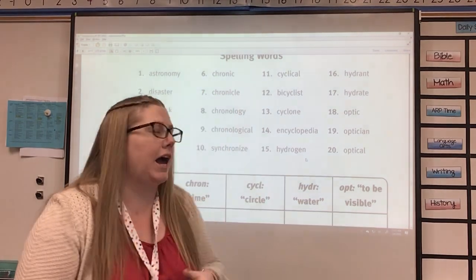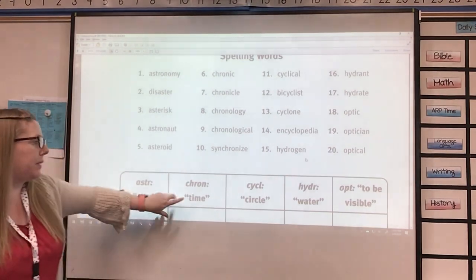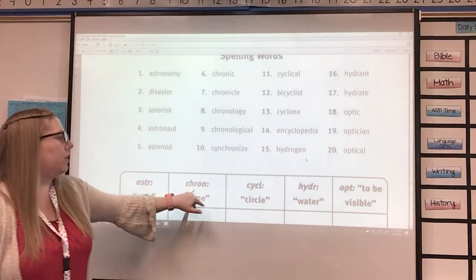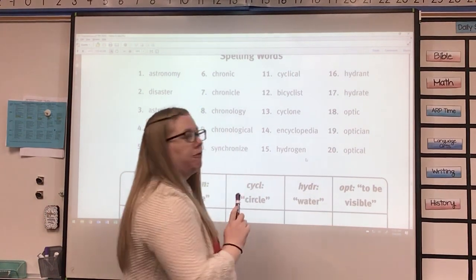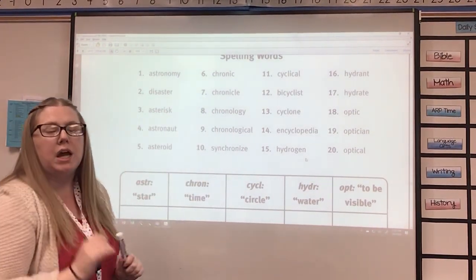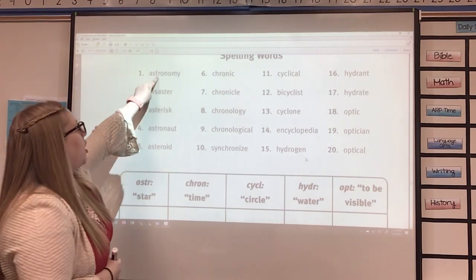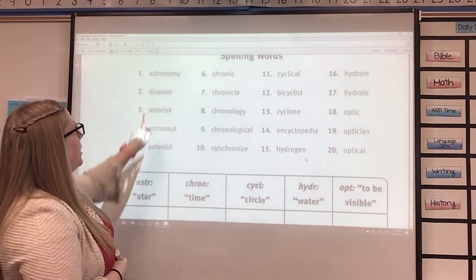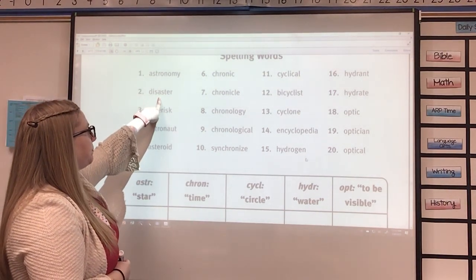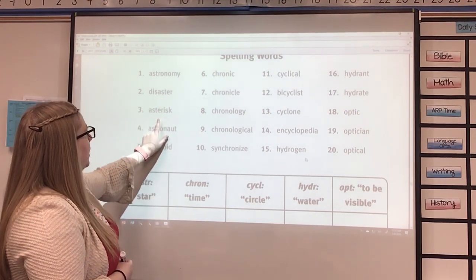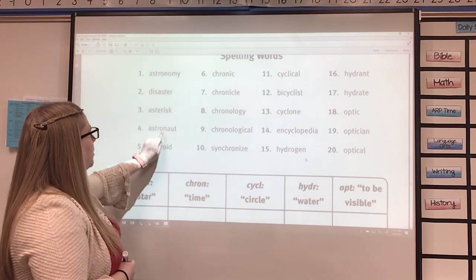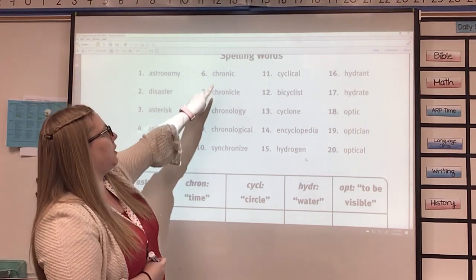So we're looking at words with Greek word parts: astra, chron, cycle, hydra, and opt. You can easily go through and find those words. So astronomy will go under this category. Disaster doesn't have one of those, so it's its own. Asterisk, astronaut, asteroid, chronic, chronicle,